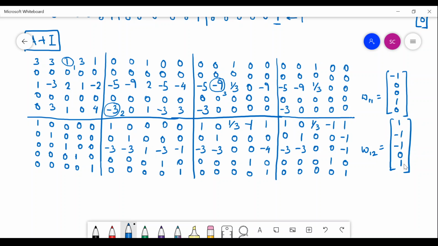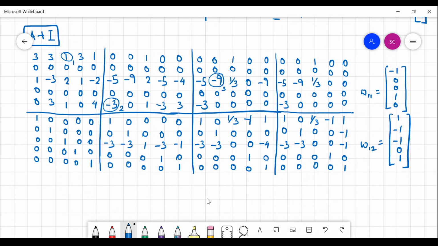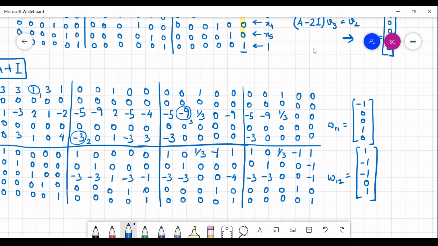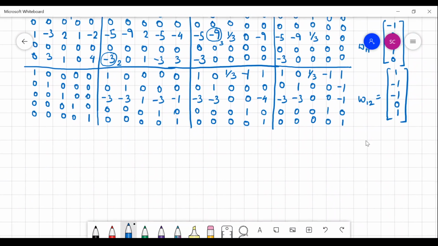What was the algebraic multiplicity? It was 2. Geometric multiplicity is also 2. That means I have two Jordan blocks of size 1, which means basically it is completely diagonalizable, and these are the basis vectors, and I don't need to go on to find out the higher order basis vectors. I don't need to do that. So I have already found out all the set of basis vectors v1, v2, v3, then w11, w12, and hence